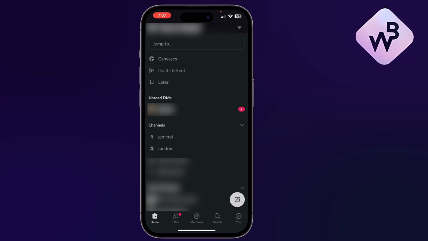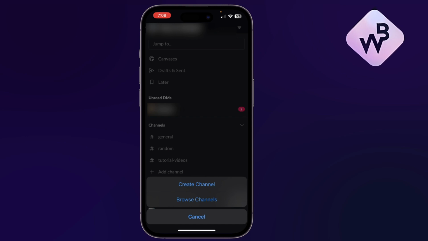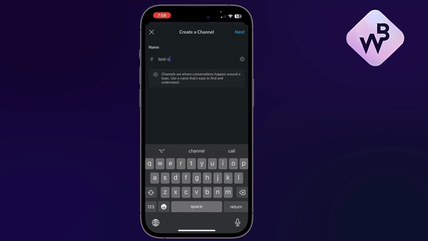So if you want to create a new channel, you can find here the option to add channel next to the plus icon here. Tap on it and it'll ask you if you want to browse channels or create channel. So I'll choose create channel. Here you can name your channel. So let's say test channel,